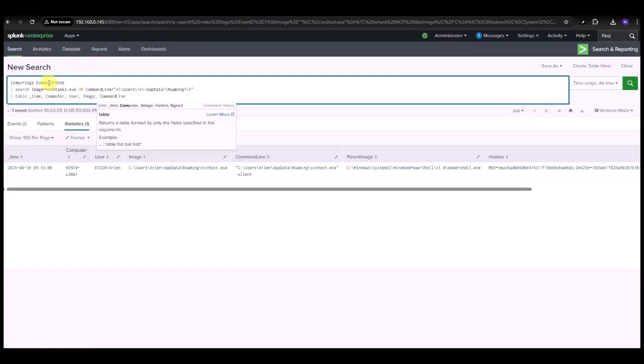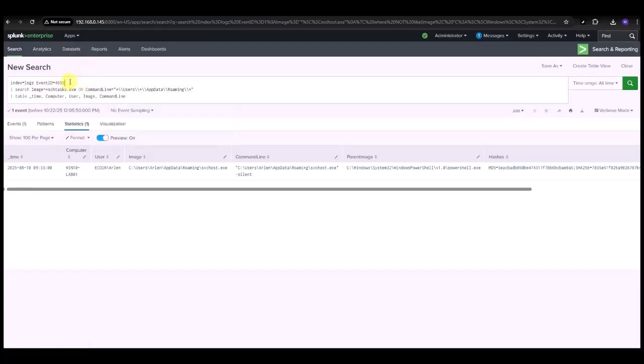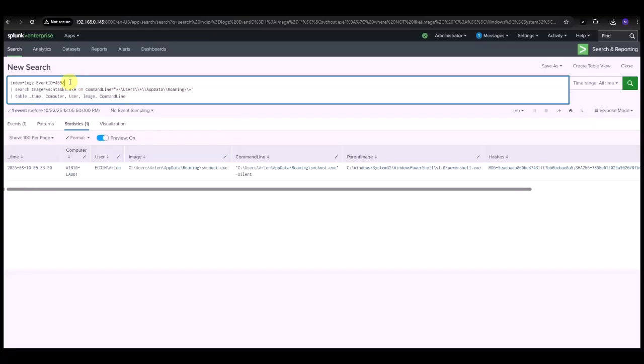So we're looking for event ID 4698. Obviously this is not a Sysmon event. This is a Windows event. And 4698 is task creation. And we're looking for scheduled tasks,